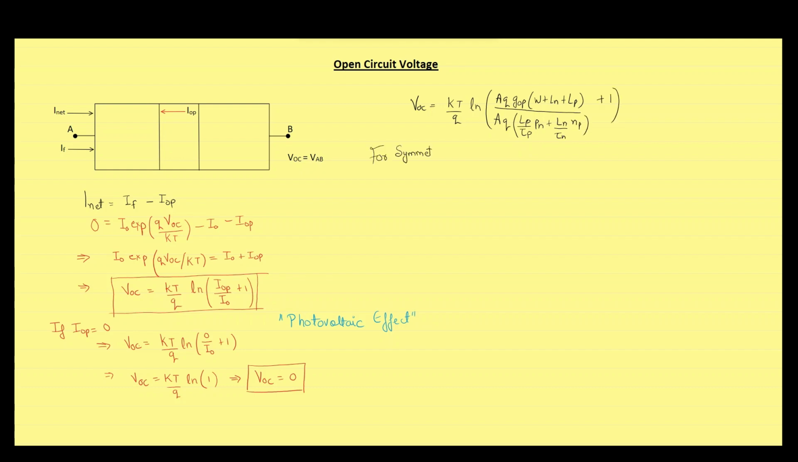Now, if we consider a symmetrical junction, which means that the minority carrier concentration of holes in n-type is equal to minority carrier concentration of free electrons in the p-type. Also, minority carrier lifetime for free electrons and holes is equal. Therefore, for a symmetrical junction, we can find the value of thermal generation rate to be equal to minority carrier concentration divided by minority carrier lifetime. Now, if we replace this value in the open circuit voltage, we will get